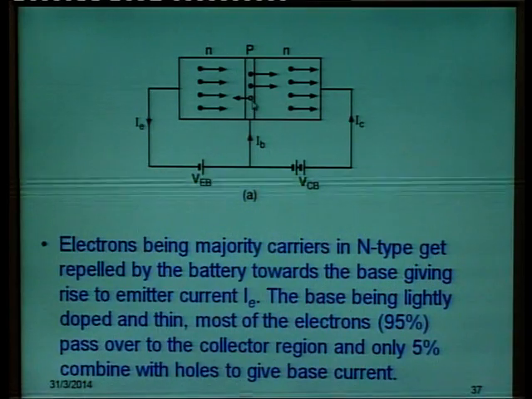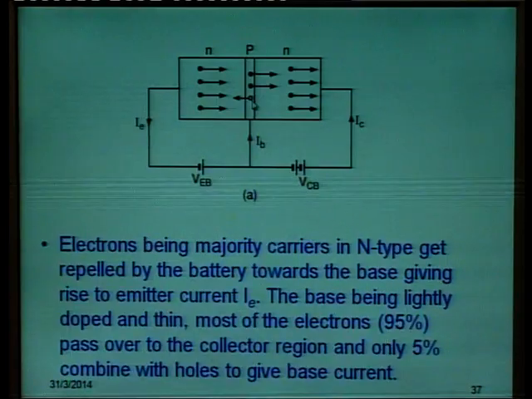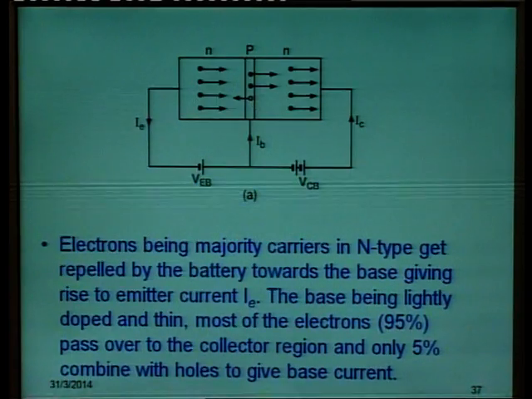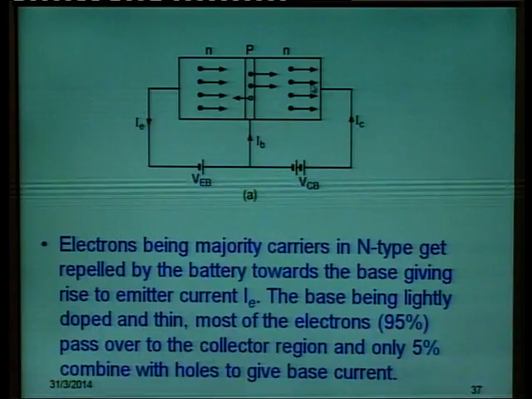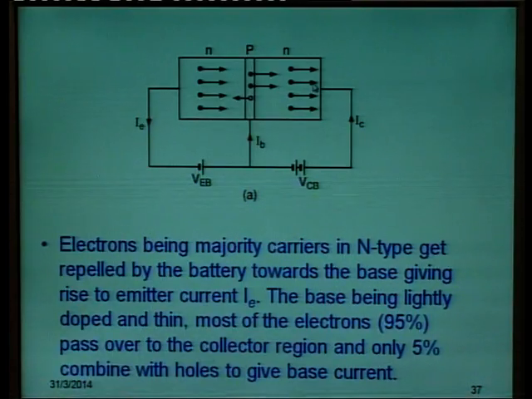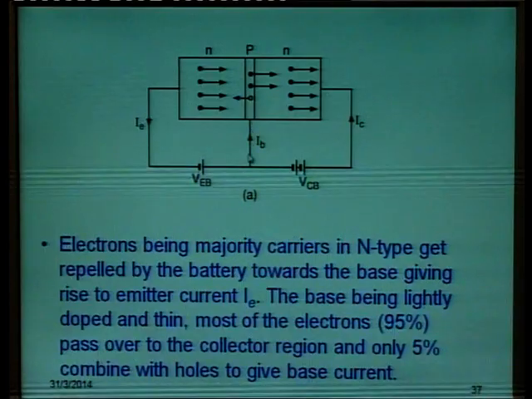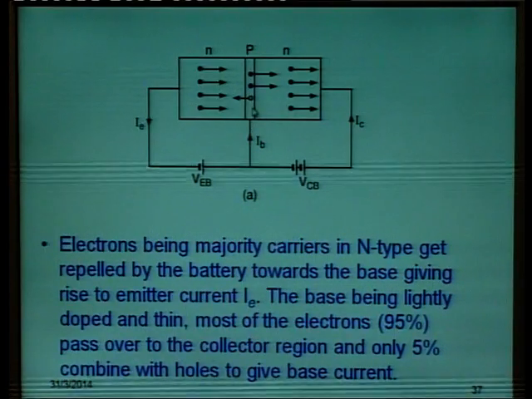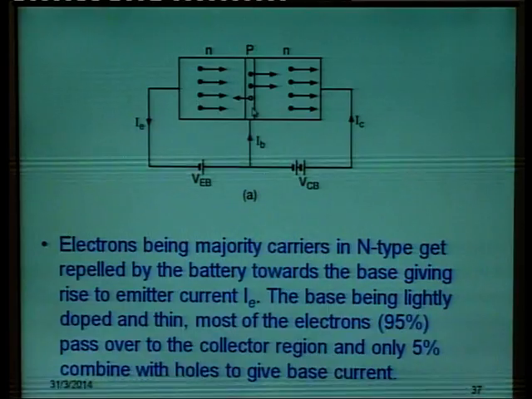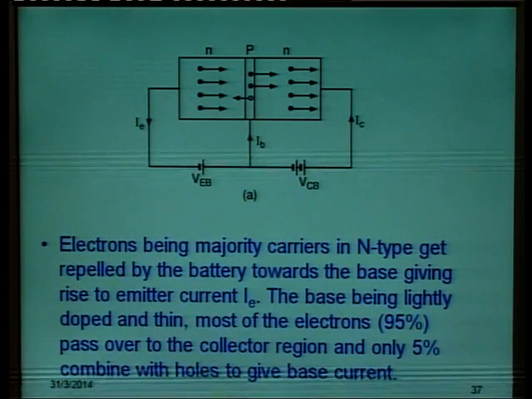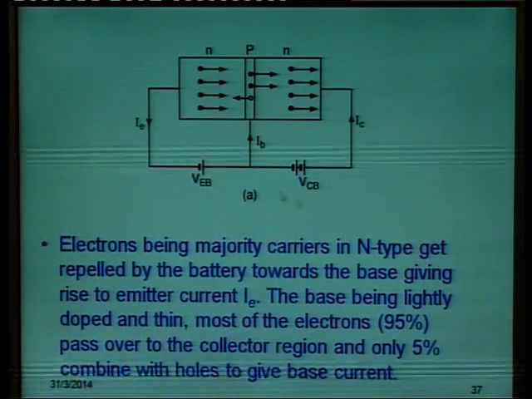As we discussed before also, base is lightly doped and thin. So, most of these electrons pass through this base region to the collector region, and only 5% of these combine with the holes. These 5% electrons which combine with the holes give what is called base current,